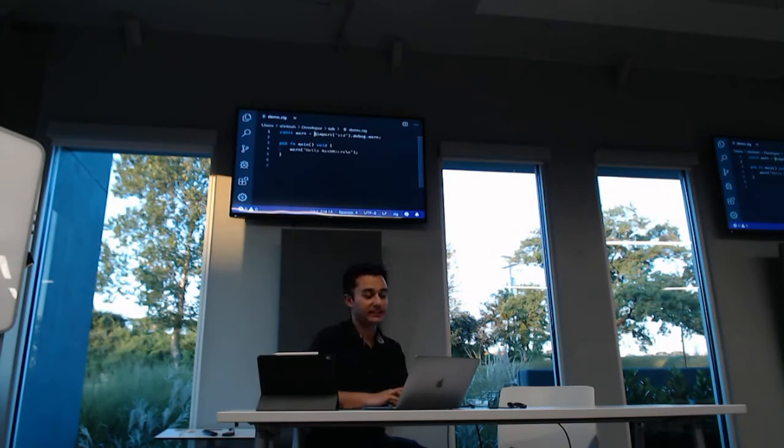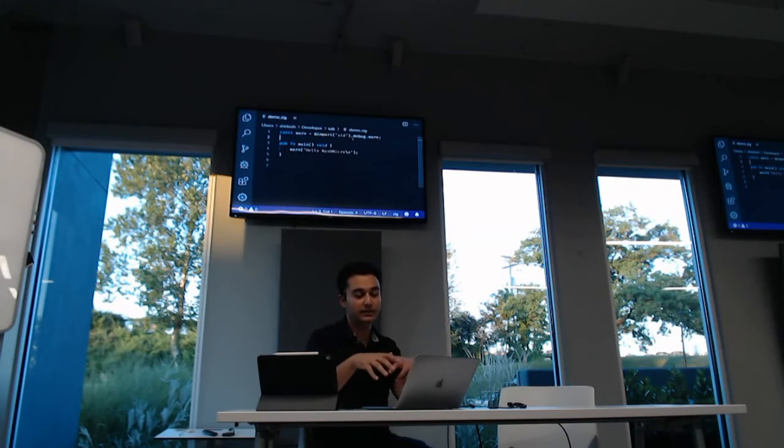What this is doing is importing the std, or the standard library, and inside that namespace there is another namespace called debug, and inside that there is a function called warn. I'm bringing that to the root file, and now I can call that function. So all I'm doing is bringing that into scope so that I can call it.